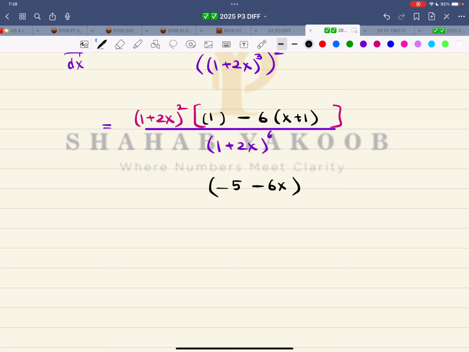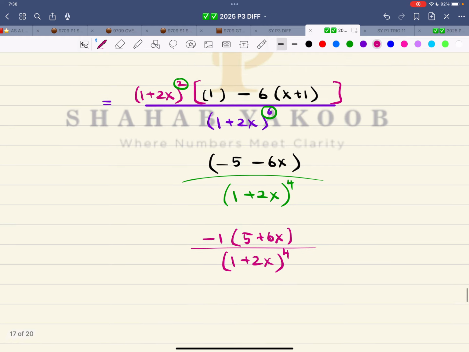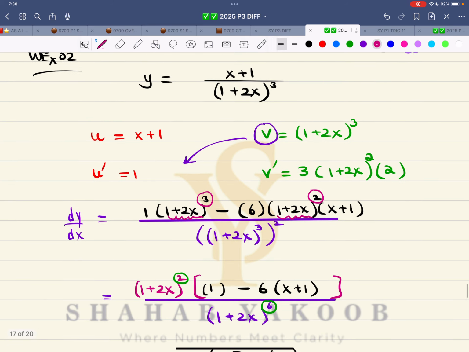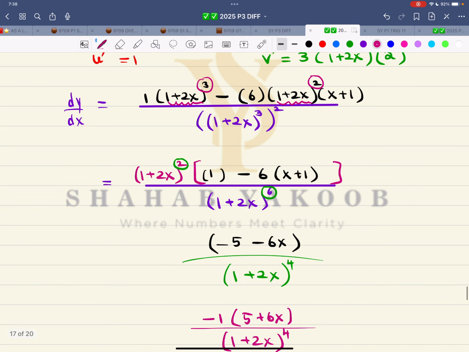Okay. And what else is there? This thing will simplify. 1 plus 2x whole square, 1 plus 2x whole power 6. This is 1 plus 2x power 4. I think that is very obvious. And of course, if you want to, you can take the negative 1 common out. So negative 1, 5 plus 6x divided by 1 plus 2x raised to power of 4. So I think that is a nice example. Chain rule, whenever chain rule comes, there is always something to take common, and cancellation is also happening in this